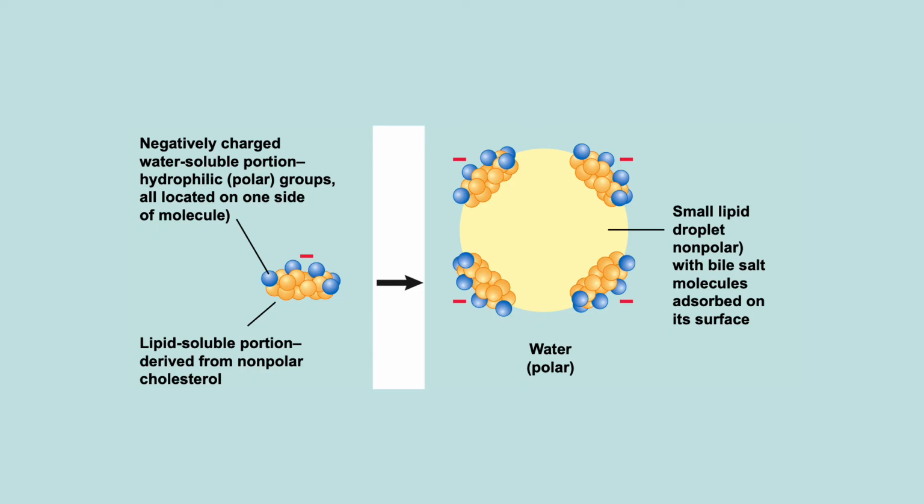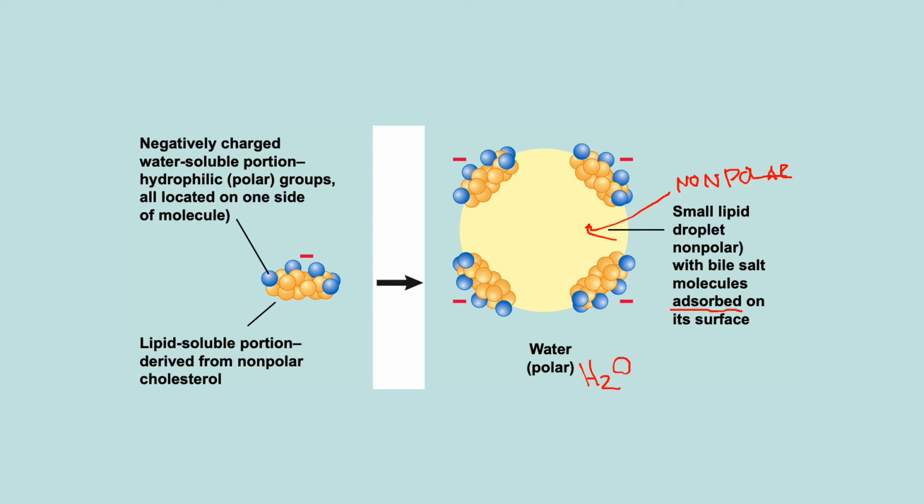The hydrophilic and hydrophobic properties of the bile salt are going to be important for emulsification. This will allow for adsorption at the surface of a lipid droplet. So adsorption basically means it's going to form a thin film at the surface of the lipid droplet. So this lipid droplet is going to be nonpolar because it's a lipid. And then it's going to be surrounded by an aqueous solution that has water, which is going to be polar,